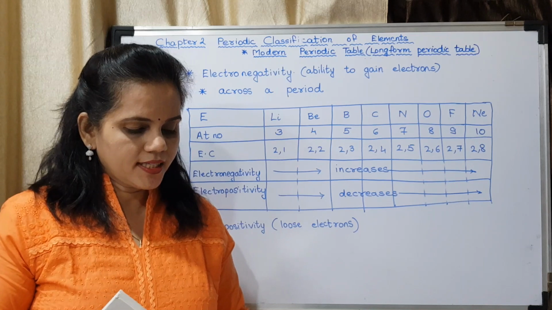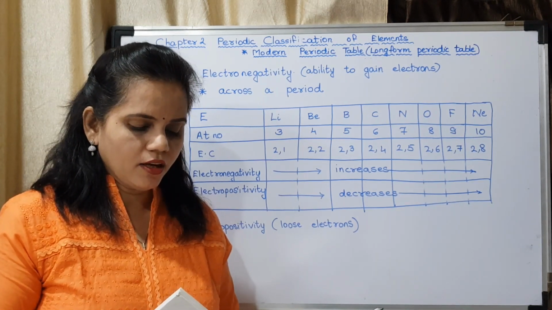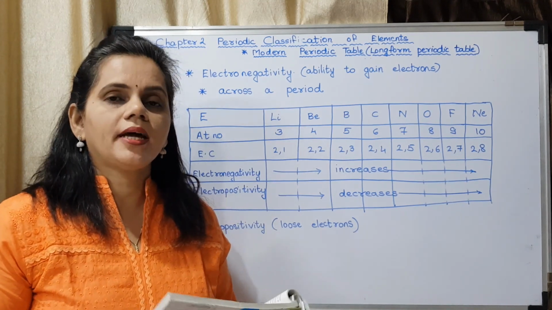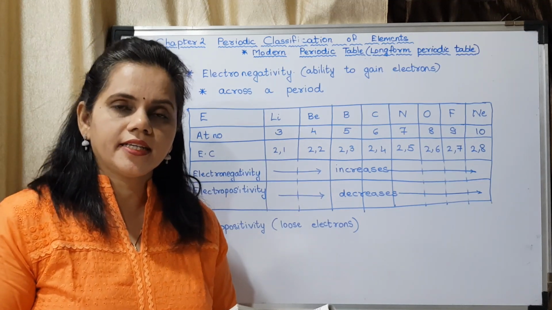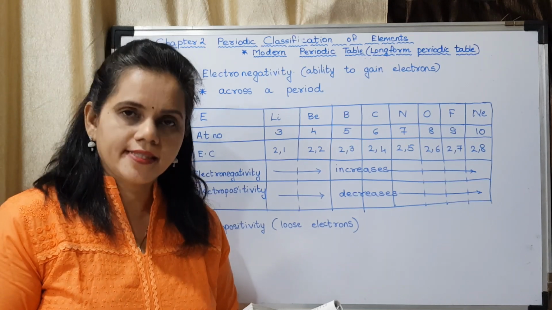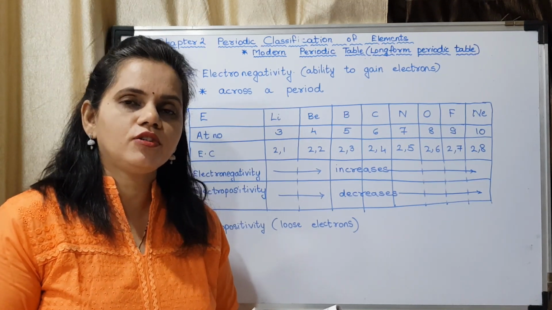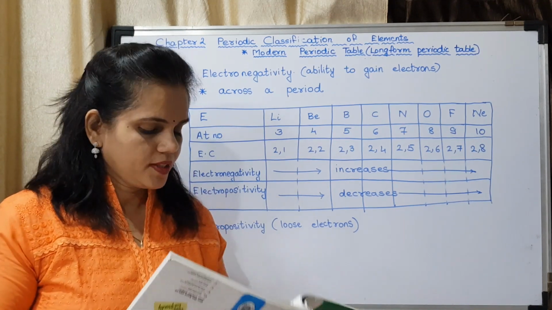Next, what is the periodic trend in the variation of valency while going from left to right within a period? So what happens when we go from left to right in a period? It goes on increasing from 1 to 4 and then decreases to 0. I repeat, it goes on increasing from 1 to 4 and then decreases to 0. Next,